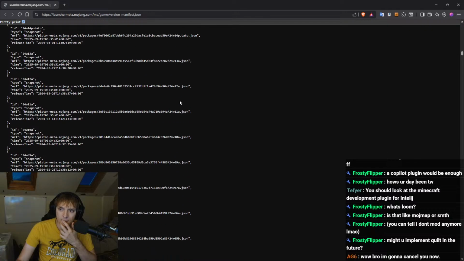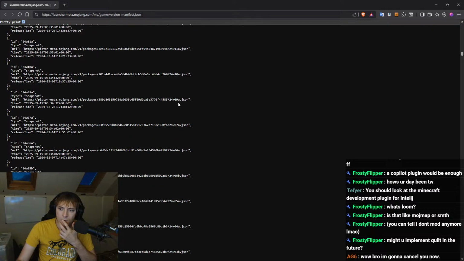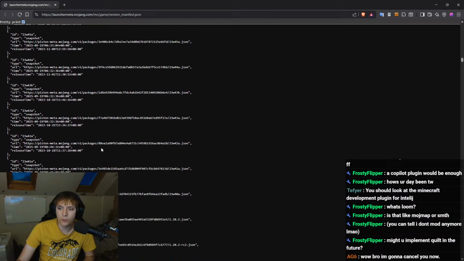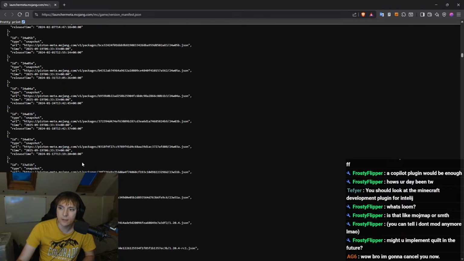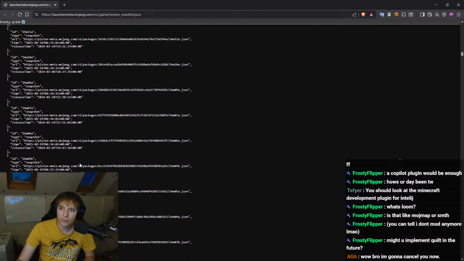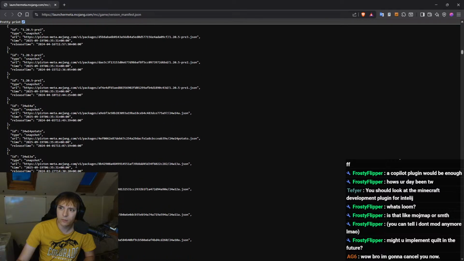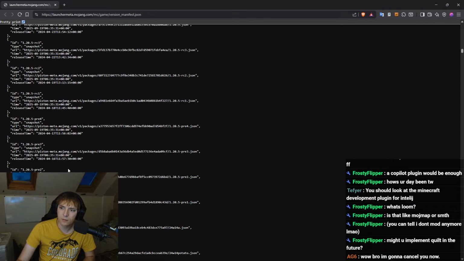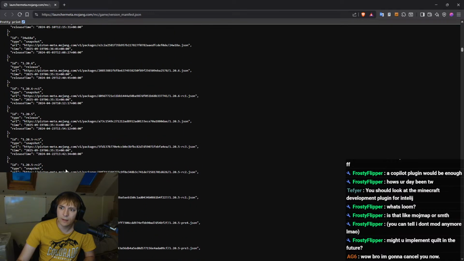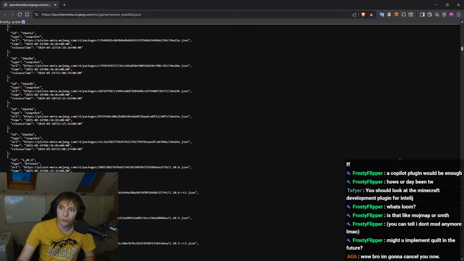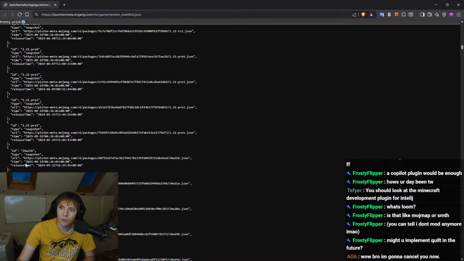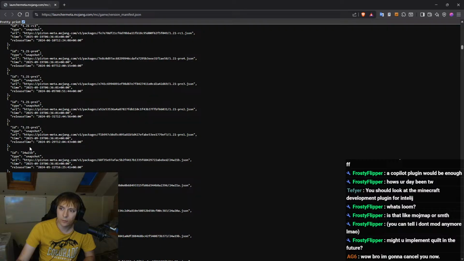Not really, is there? Because if you look at 1.20.5, is that a thing, right? Yes. If we look at the snapshot, oh no, 1.20.6 is a thing as well. 1.20.7 isn't though, is it?